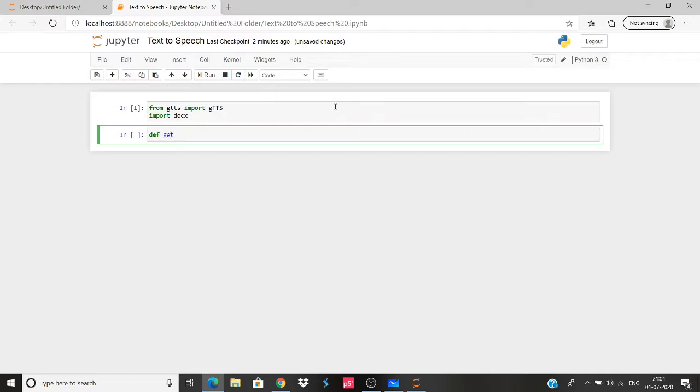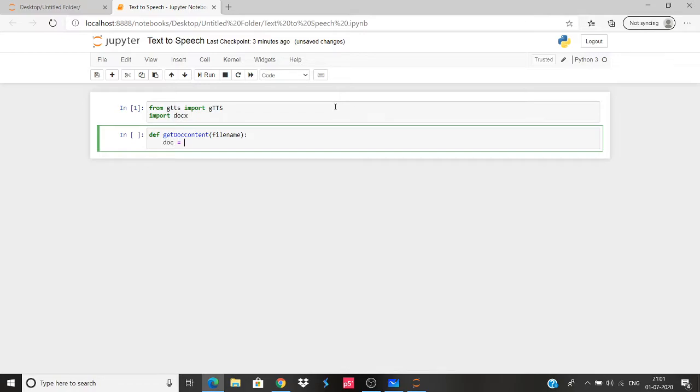Now let's define a function. Let's say we write a function get_doc_content, to find the content which is already present in the document, and let's say this takes a file name. Now we'll say doc is equal to, we'll use the package docx, dot Document, and the file name.